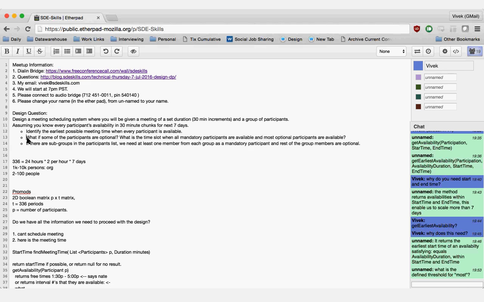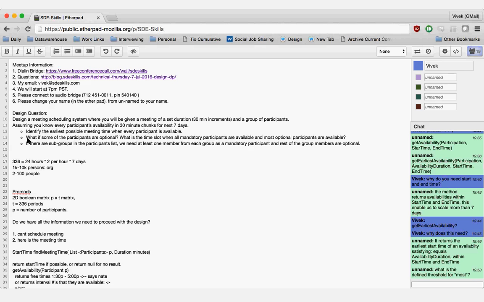The approach you should be taking is what Geek was mentioning, which is basically that you do the same thing as the first problem for mandatory, with the exception that instead of finding the first available interval, you will be generating a list of all possible intervals. And you may have overlapping intervals as well. If 1, 2, 3, 4, and 5 are available, you will be returning that the meeting can be between 1 and 4, or between 2 and 5, or between 3 and 6, and you'll have overlapping intervals too. That's what the data will come out as.